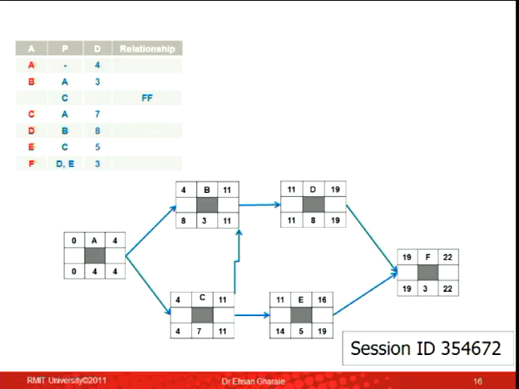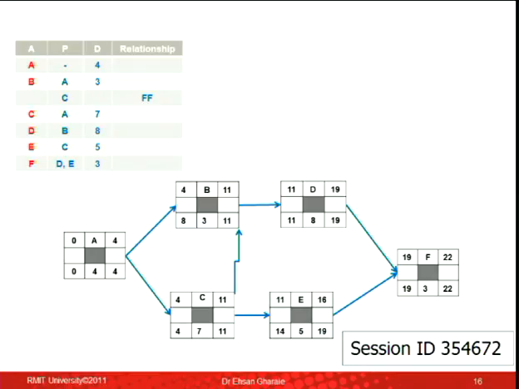But guys, still there is confusion, so I'll explain this slowly. The finish-to-finish relationship is between activity C and B. The direction of the relationship goes from the predecessor to the successor. First of all, you should get the arrow right. It's finish to finish. Second, the direction of the arrow goes from C to B. And the rest of it is just finish-to-start relationships. So your network should look like this.